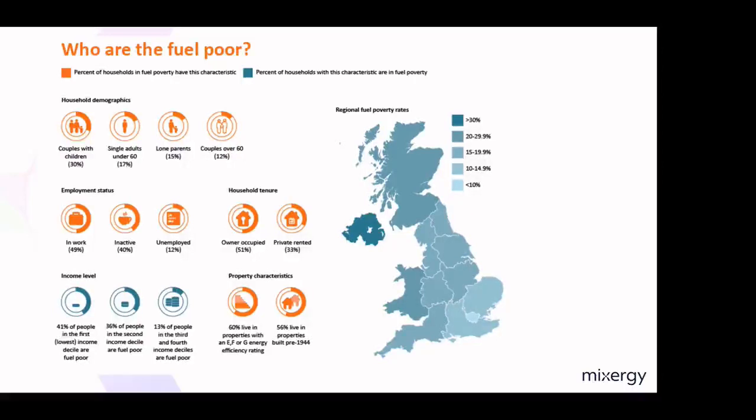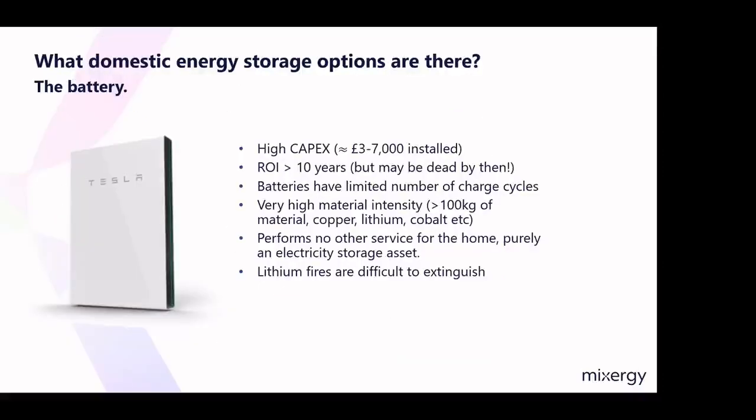So let's look at a few options on how we can actually store energy. The first option is a battery. You may have heard of the Tesla Powerwall, Powervault, but there are lots of different home batteries being installed today. They're brilliant at storing electricity, whether taken from a cheaper tariff or local generation from PV. The challenge is they have a massive capex to buy and install. In order to pay for themselves, the return on your investment is typically around 10 years, but a limitation of the battery is the number of charge cycles.